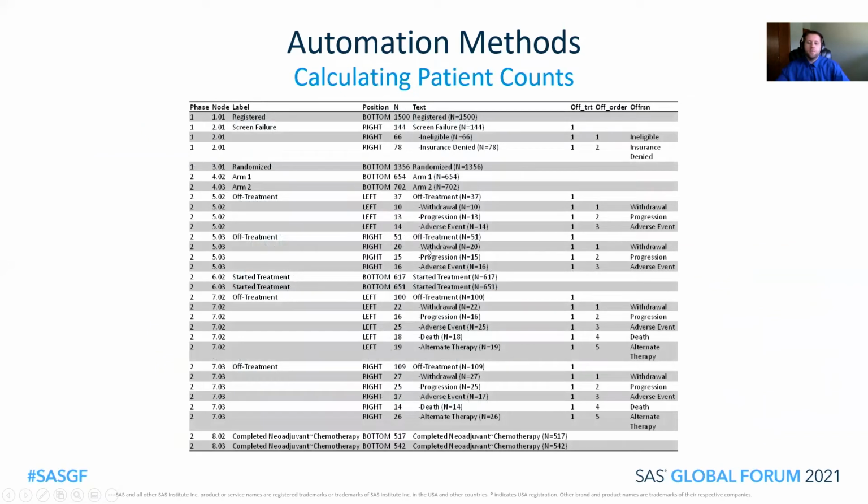When I put all those queries together, I wind up with this data set. So I have all the information that I had before. I added in the other rows for the off treatment reasons. It's really easy to picture what the text boxes are going to look like when looking at this data set. I get my labels with my numbers. I still have some ordering variables available, and I have all the positions for the text boxes. Currently, these are all in separate rows, and I will have to collapse them down, and I'll show that in another slide.